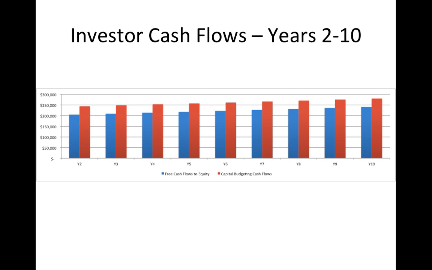The terminal value is simply that divided by whatever you think the right discount rate is. So, for example, if you think the right discount rate is 10%, then you take 275 divided by 10%. That's the same as multiplying by 10. It's $2.75 million. And as you know, that terminal value reflects the value of all the cash flows going forward